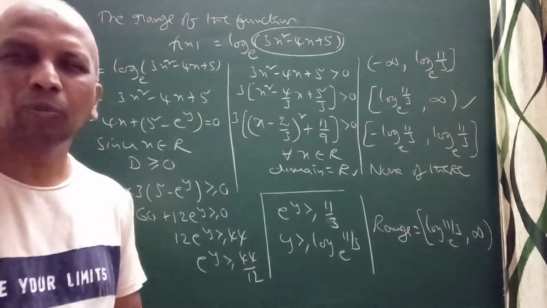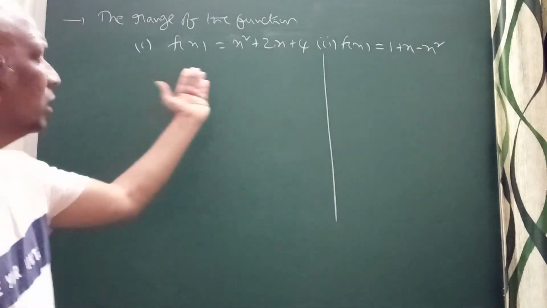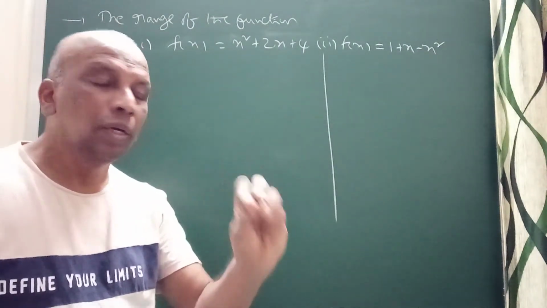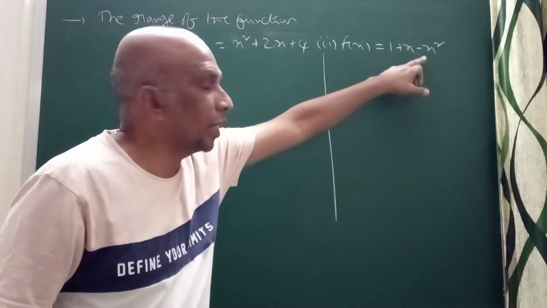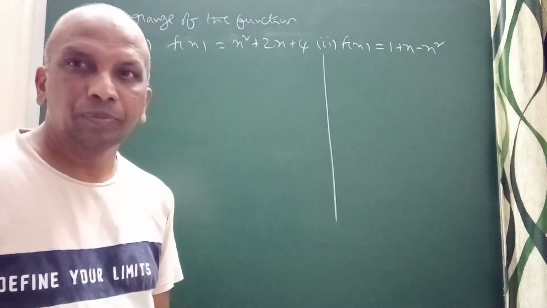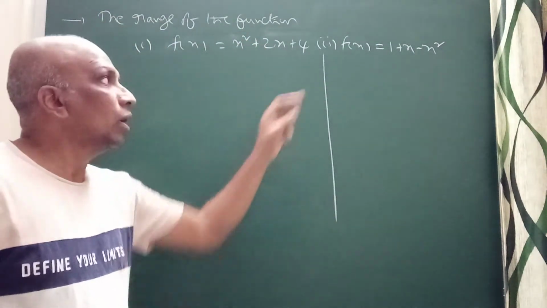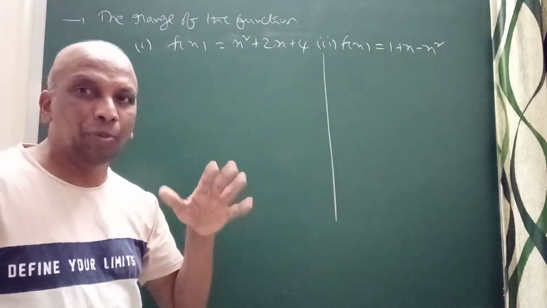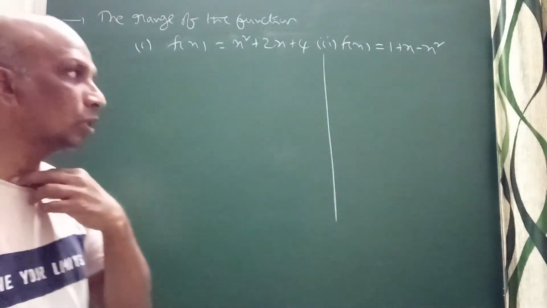Now I will explain one more model. Now see here, there are some points on the range of these two. Both are quadratic. When both are quadratic, just remember: an upward parabola has a positive coefficient, and if the coefficient of x squared is negative, it is a downward parabola. An upward parabola means you will get a minimum value. A downward parabola gets a maximum value. So we have two different methods, one is the algebraic method and one is the differentiation method. I will explain both ways so you can try to understand.